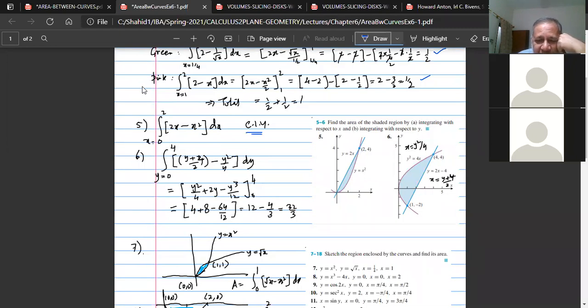And here is the problem, which is similar, where we have to change the role of x by y, and then the upper value is obtained from y is equal to 2x minus 4, as x is equal to y plus 4/3. So x is equal to y plus 4/2, sorry,